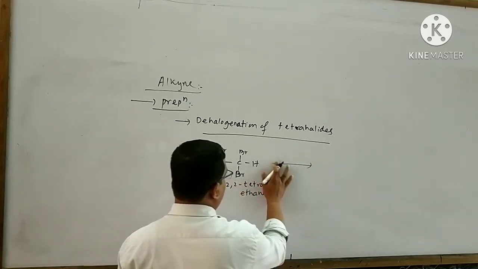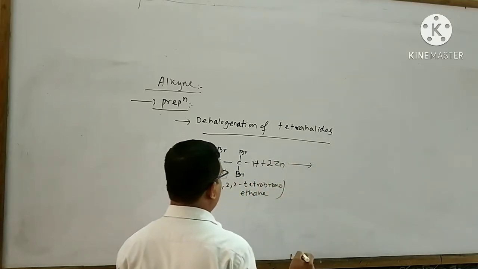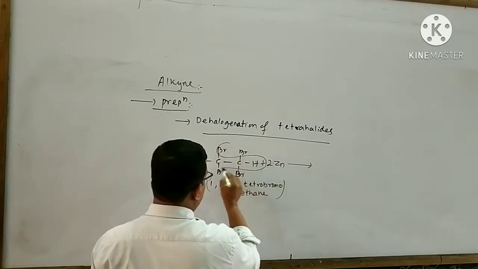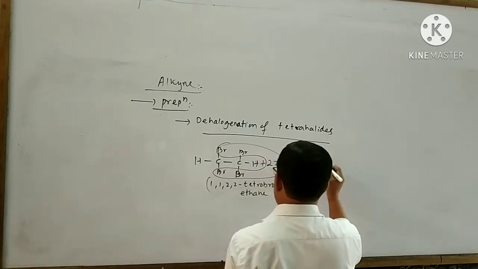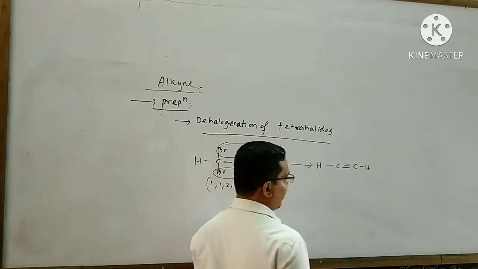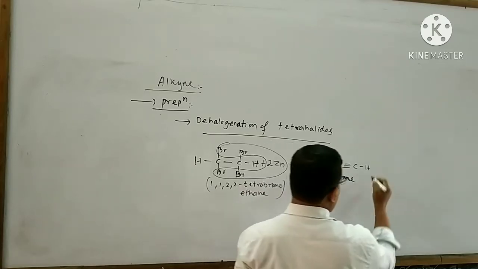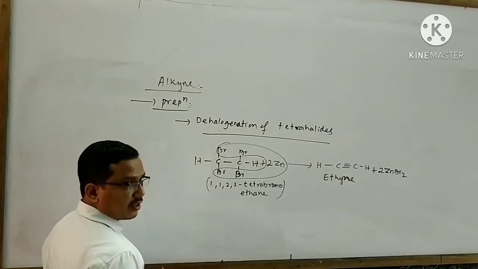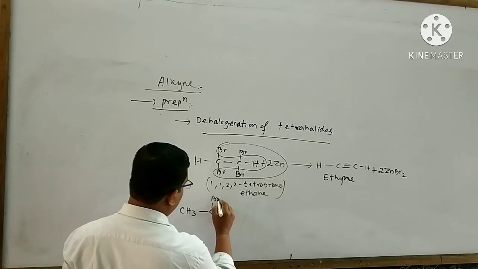When it is subjected to reaction with 2 atoms of zinc, then what will happen? 2 molecules of ZnBr2 will be removed like this. As a result, ethyne molecule is formed as a byproduct. Here I can write 2 molecules of ZnBr2. Similarly, take another example: CH3, bond C, bond Br, bond Br,